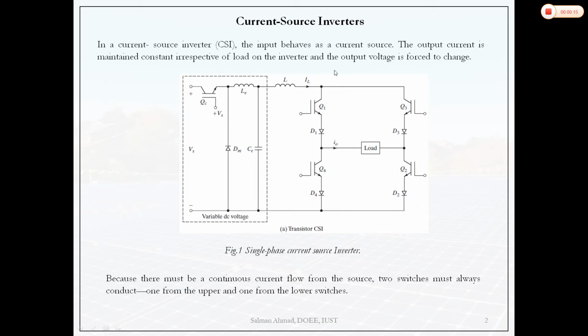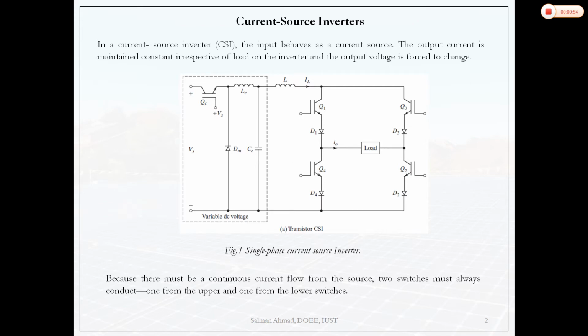So you can see here that we are again having four controllable switches, mostly IGBT switches, and we have to form the bridge, but we have to connect the diode in series with the switch to have bidirectional voltage blocking capabilities. Unlike in voltage source inverter, where we have connected anti-parallel diodes so that the switch could be conducting in both the directions, here the switch will block the voltage of both polarity, the positive polarity or negative polarity.